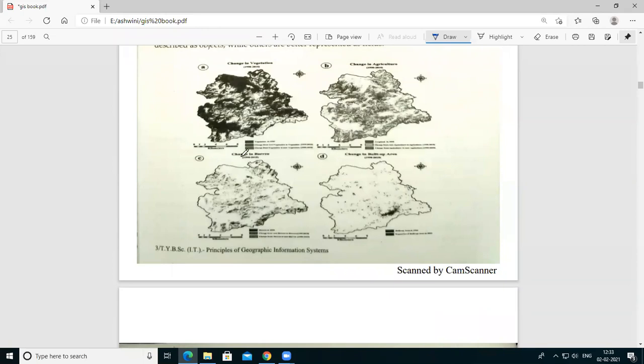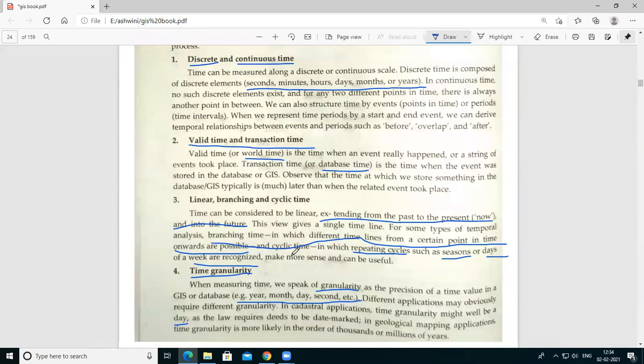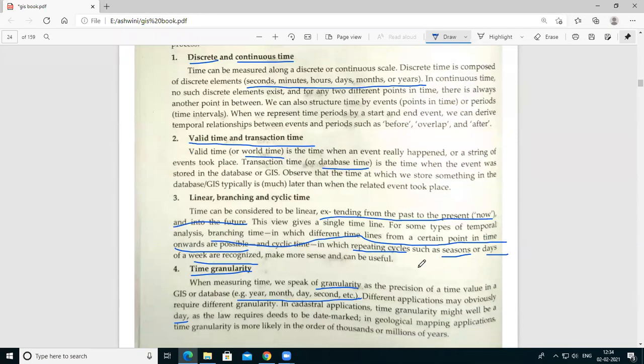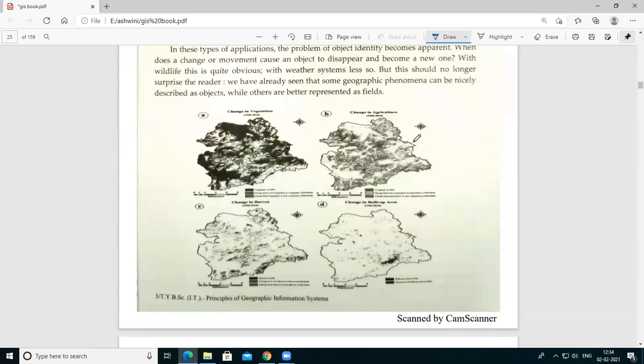So for defining the time in a graphical representation, different formats are available. That timing format depends upon you, that means which type of graphical representation you want to create. Okay, so when you want to use only a simple graph and just want to give a particular static time, that is called discrete time. So you just use discrete time, that means you count in months, years. Okay, and if you want continuous time, then use the continuous time dimension in the graph.